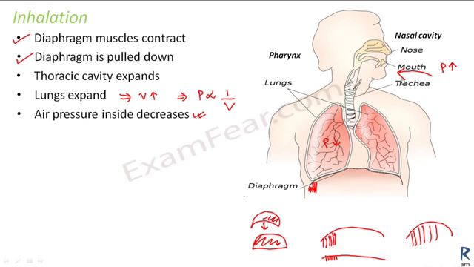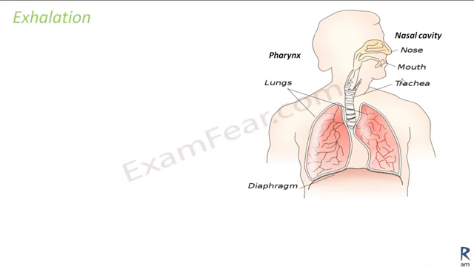Right? So air will flow from outside to the lungs. From lungs it will go to the capillaries, then to the cells, and in the cells the respiration will happen. Clear? So let us similarly look at the process of exhalation now. That is what happens when carbon dioxide is thrown out of the body. So in this case the reverse situation happens.